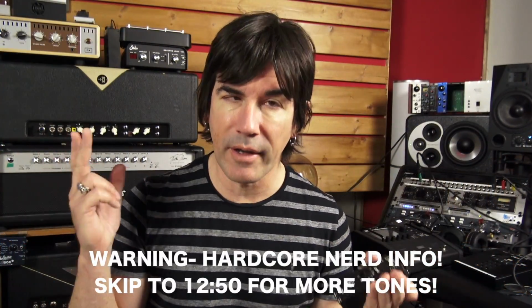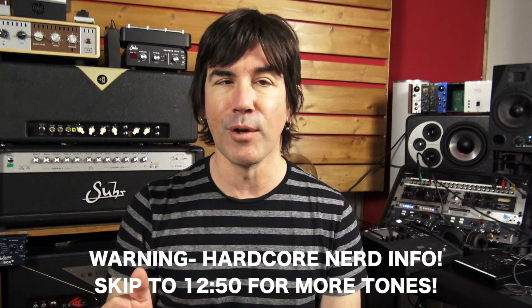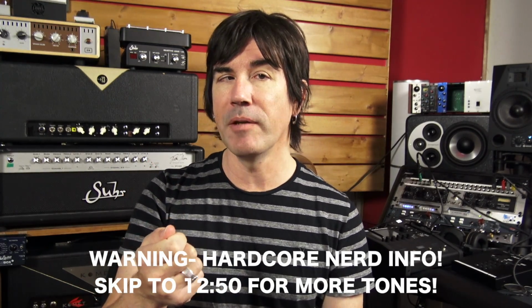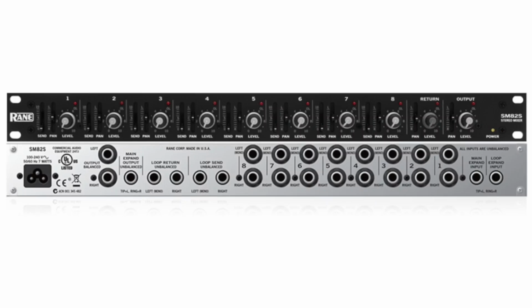This shall serve as a little FAQ on wet, dry, wet. What are some other ways to do it? Well, one way to do it is to mic a dry cabinet, take that mic'd signal, run it into a mixer. Some people use like a rack mount mixer for this, like Rain makes them. You take an aux send off of that mic'd up cabinet signal and you run it to your effects. You take the return of that effect back into the mixer,